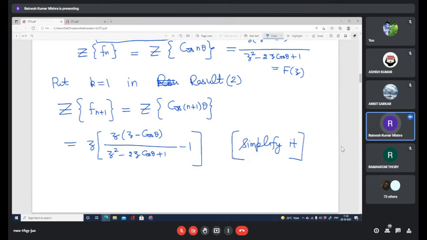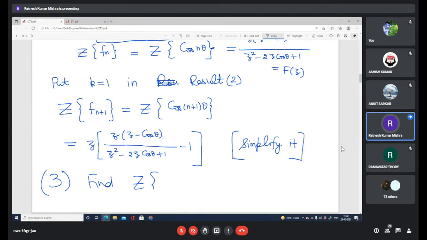Similarly, you can find for sin (n plus 1) theta, sin (n minus 1) theta, ठीक है, cos (n minus 1) theta, तो इन सब के लिए फाइंड कर सकते हैं। अब एक एग्जाम्पल थर्ड में, फाइंड